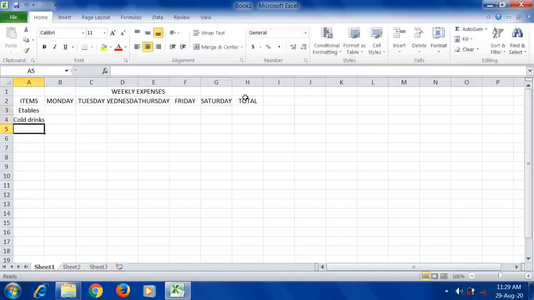So in this way you can type. How to enter the data in a worksheet? Like this, keep the cursor and just go and type. In this cell you can type all types of data. You can type text, you can type a number, or you can format it. Then transport, stationery, then here gift, here other.